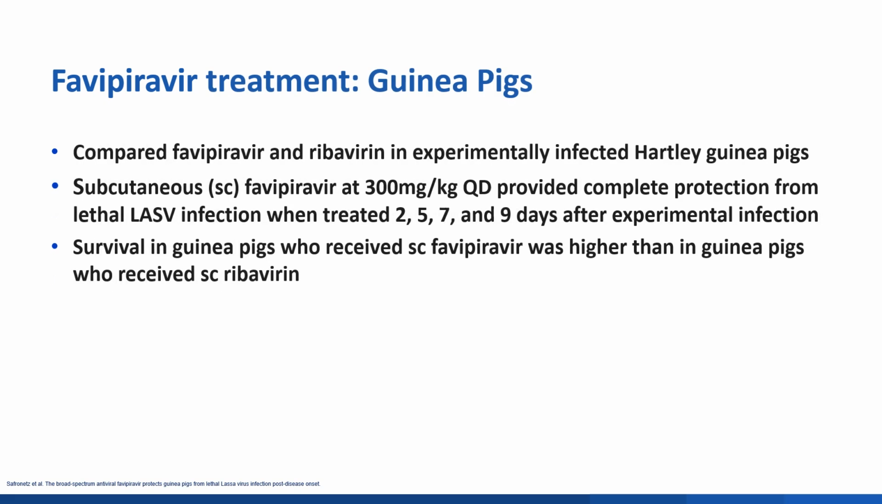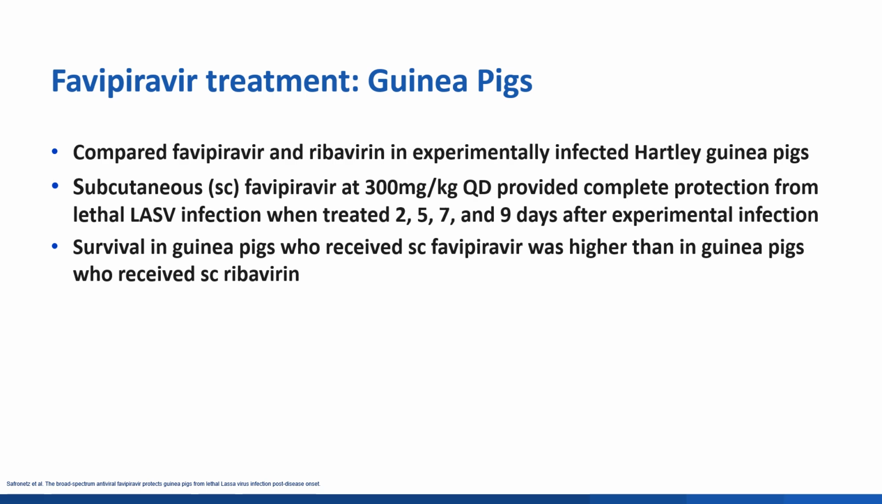One study compared favipiravir and ribavirin in experimentally infected Hartley guinea pigs. Guinea pigs receiving 300 milligrams per kilogram a day of favipiravir were completely protected from lethal Lassa virus infection when treated 2, 5, 7, and 9 days after experimental infection. The study also found that survival in guinea pigs who received subcutaneous favipiravir was higher than in guinea pigs who